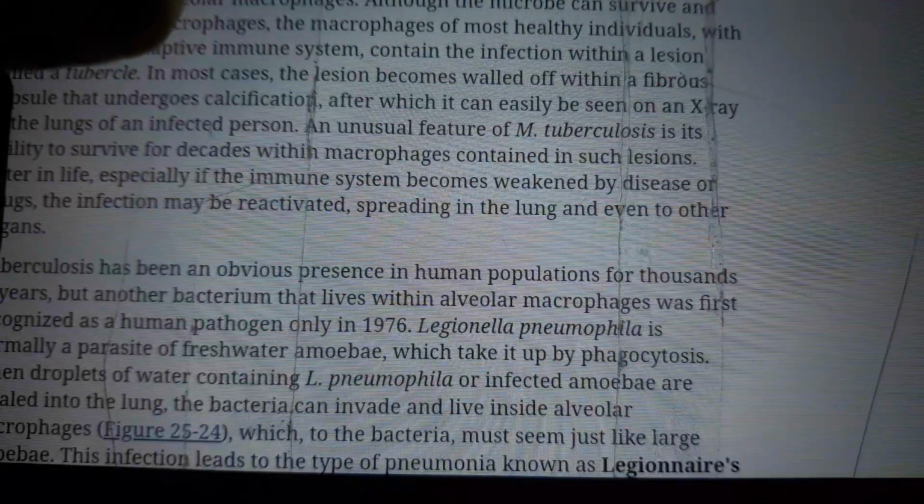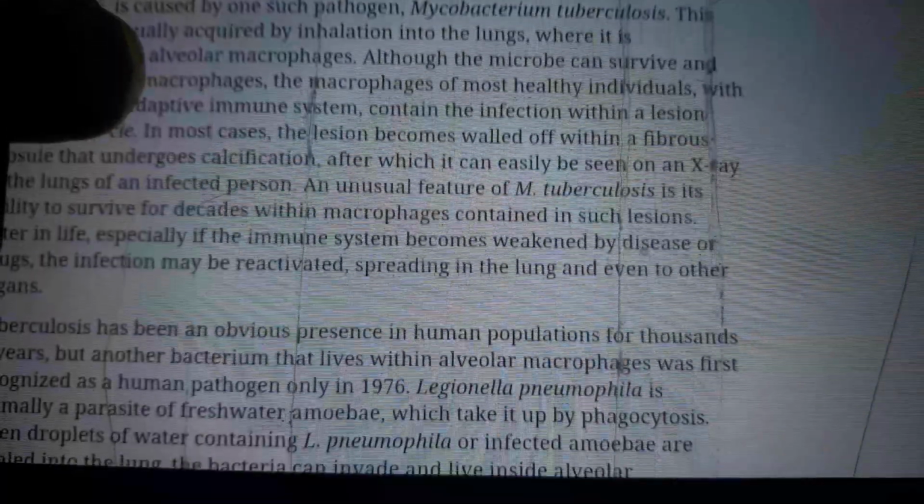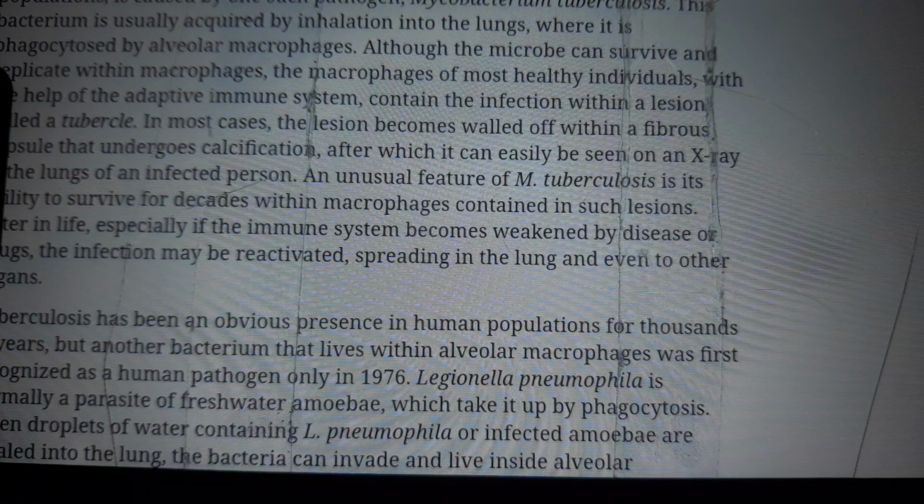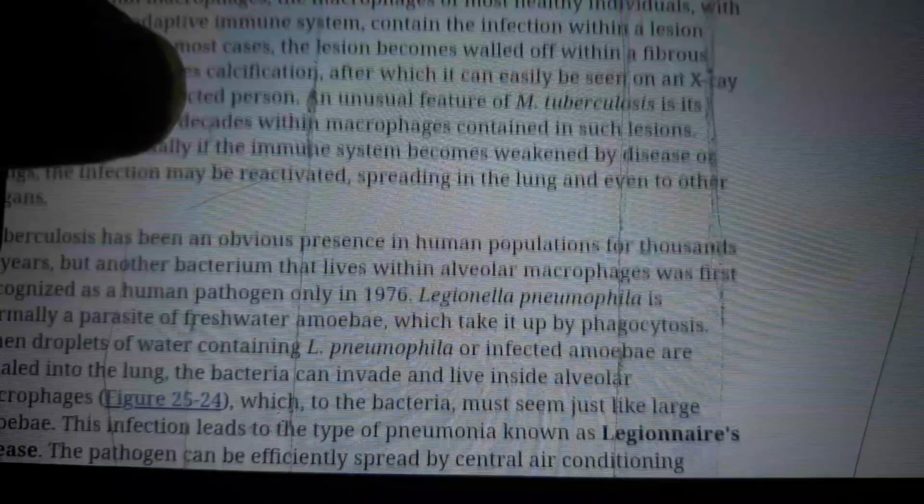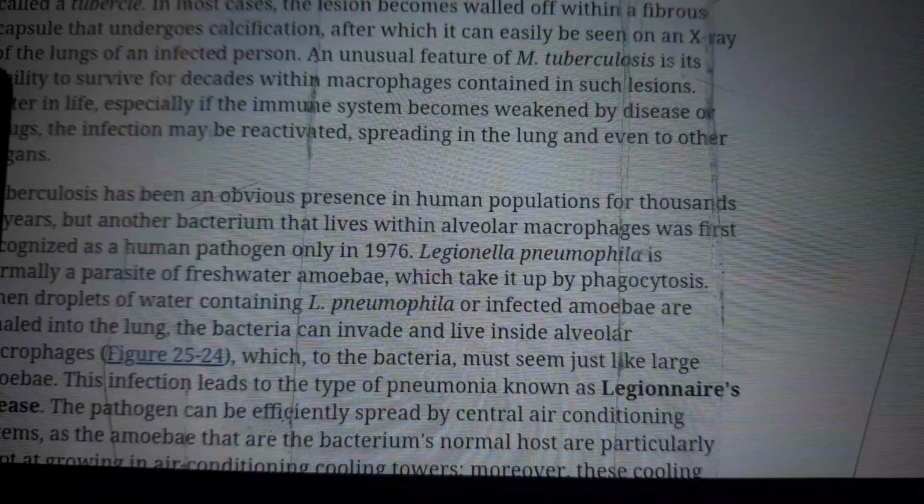Tuberculosis, a serious lung infection that is widespread in some urban populations, is caused by one such pathogen, Mycobacterium tuberculosis. This bacterium is usually acquired by inhalation into the lungs, where it is phagocytosed by alveolar macrophages. Although the microbe can survive and replicate within macrophages, the macrophages of most healthy individuals, with the help of the adaptive immune system, contain the infection within a lesion